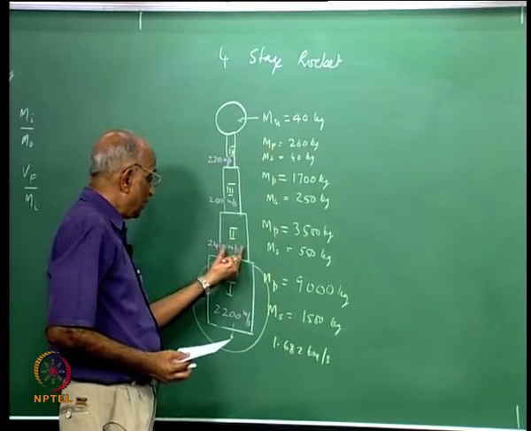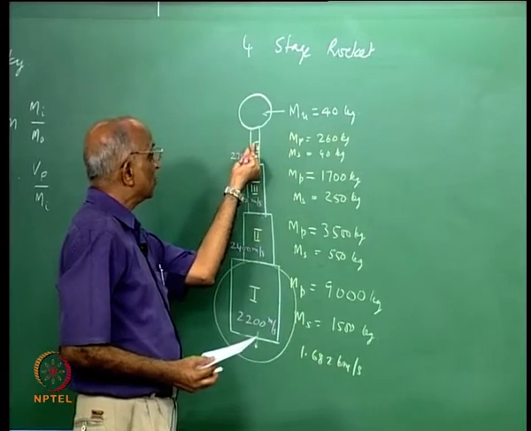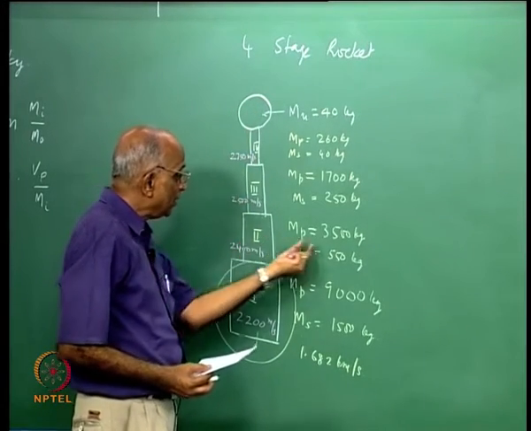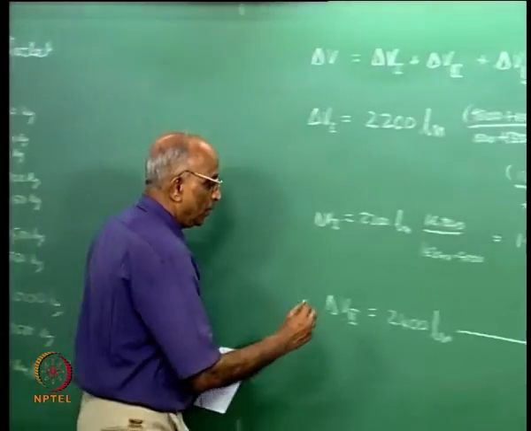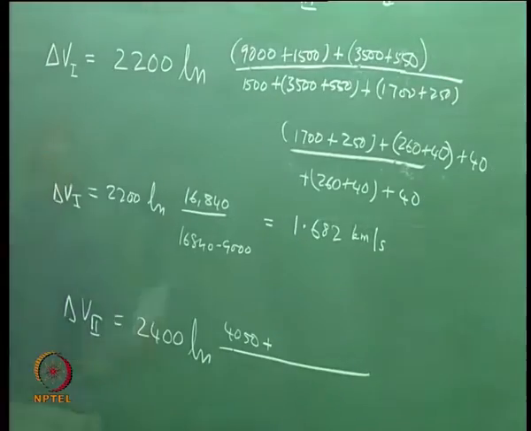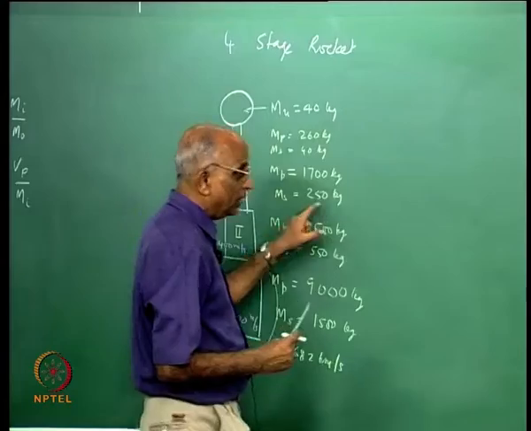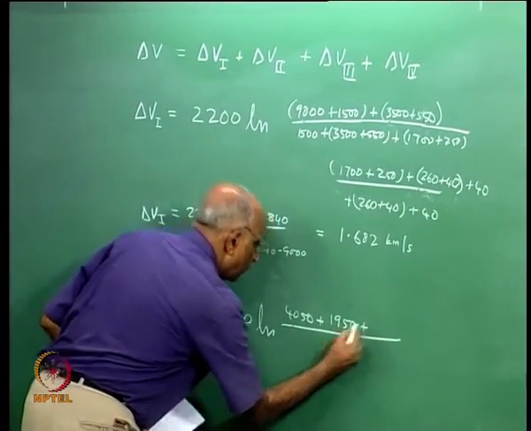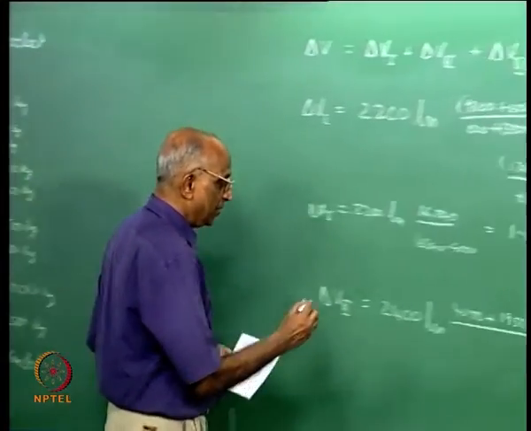The initial mass of the rocket is the second stage plus third stage plus fourth stage plus the payload weight. The mass of the second stage is 3500 plus 550, that is 4050. Now the third stage 1700 plus 250, that is 1950. The fourth stage 260 plus 40, which is 300 kg,